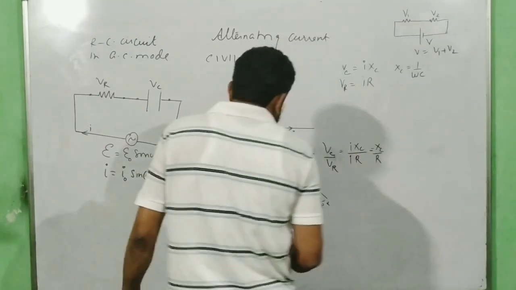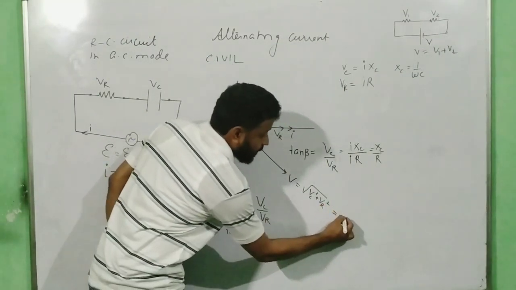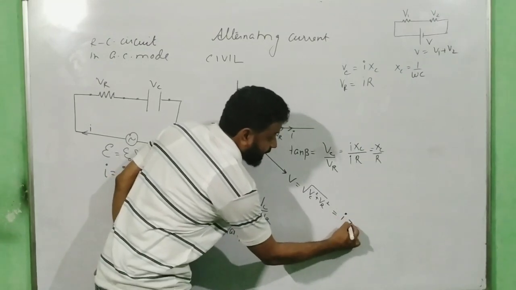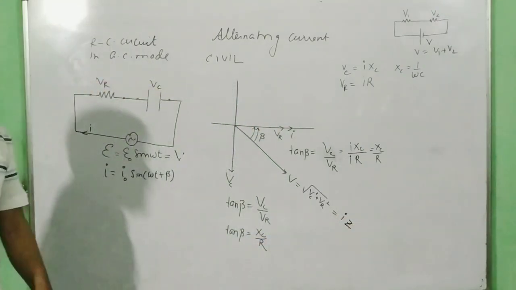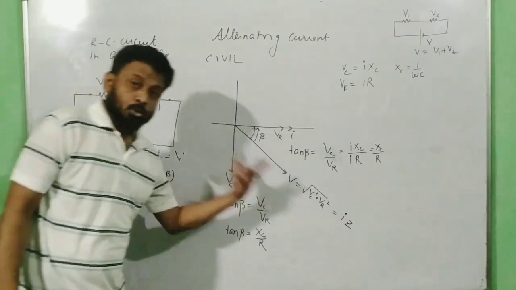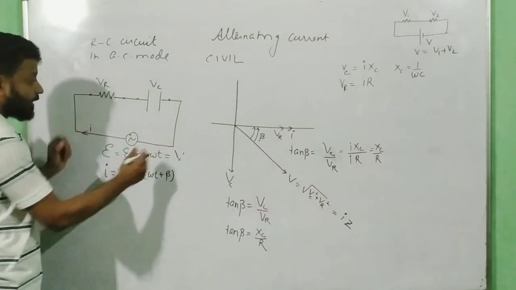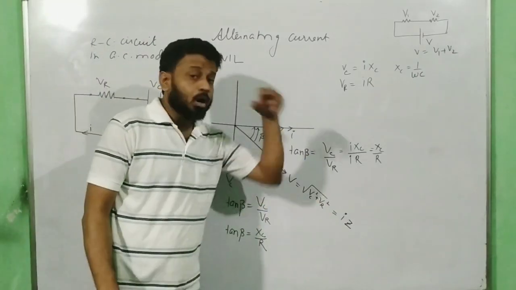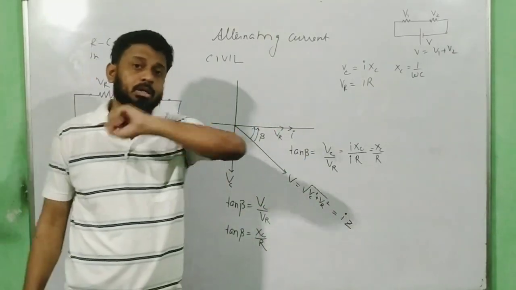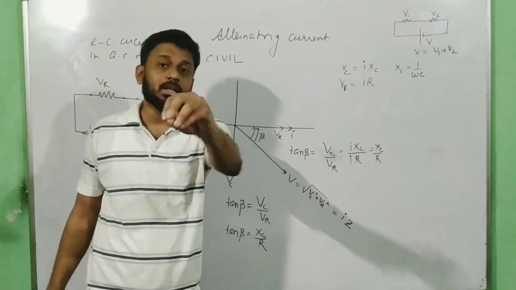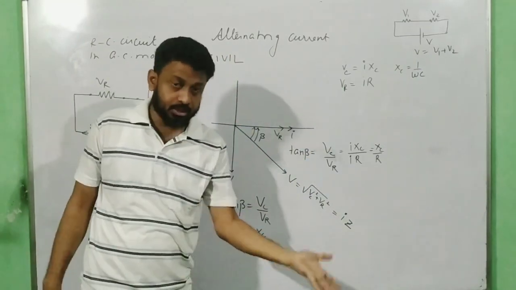Then how can I find net V? Net V also I can write as I times Z. Now here comes another term called Z. Ohm's law, V is equal to IR. If I have to find the net EMF, I have to multiply. How do you find the net EMF in a DC circuit? You just multiply I with the net effective resistance, correct?